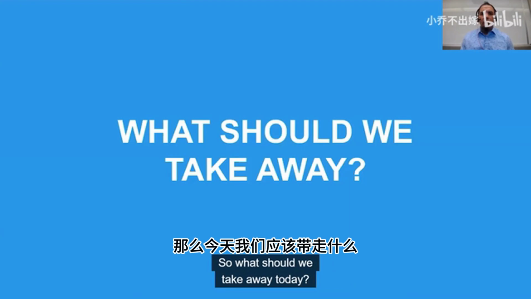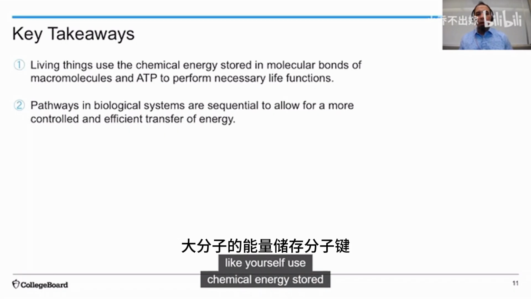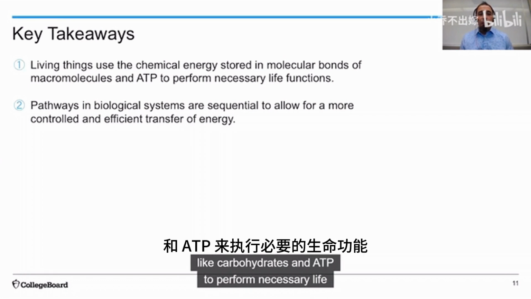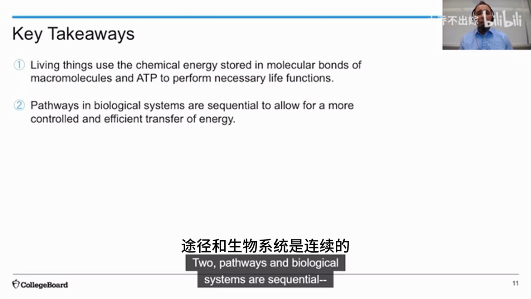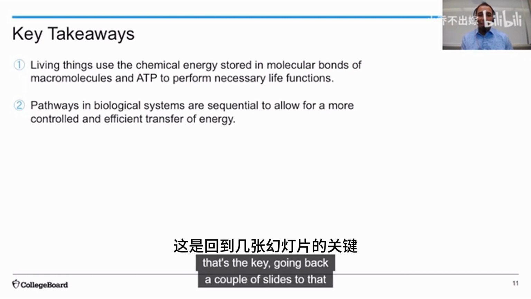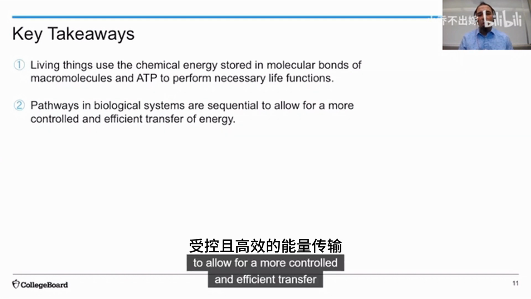So what should we take away today? Key takeaways: 1, living things like yourself use chemical energy stored in molecular bonds of macromolecules like carbohydrates and ATP to perform necessary life functions. 2, pathways in biological systems are sequential. That's the key, going back a couple slides to that pathway, to allow for a more controlled and efficient transfer